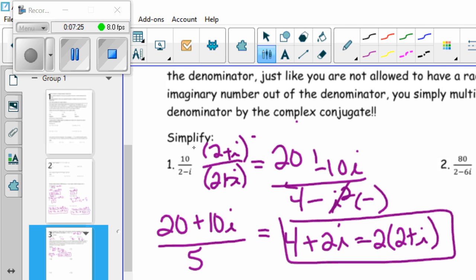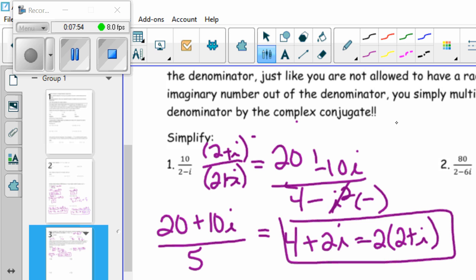Okay. Number 2, 80 divided by 2 minus 6i. Its conjugate is 2 plus 6i. So I'm going to multiply top and bottom by 2 plus 6i. So on the top, again, I'm just going to distribute. 80 times 2 gets me 160. 80 times 6i gets me plus 480i. All over. My shortcut for conjugates, the first term squared, 2 squared is 4, always minus my second term